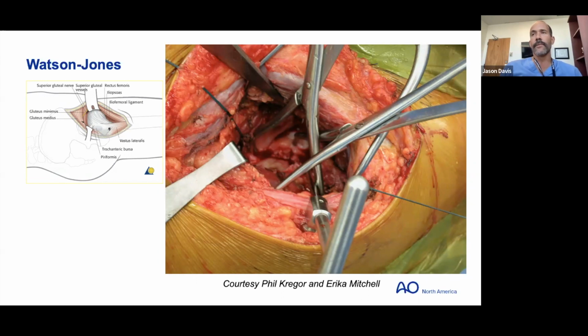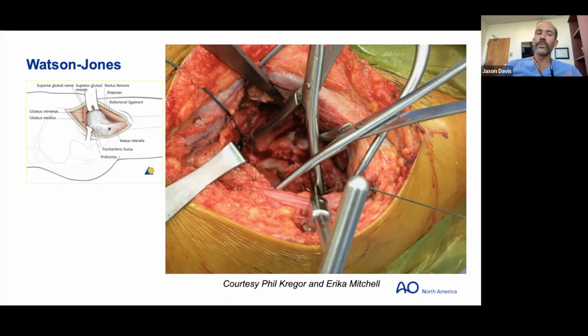Same. I prefer the direct anterior. For number one, that's how I was taught, and for how I like to use clamps, just coming straight down on top of it, I'm more comfortable with that reduction style, being able to palpate and see everything. The question for you, Chris, when you do the Watson-Jones, what are you doing with